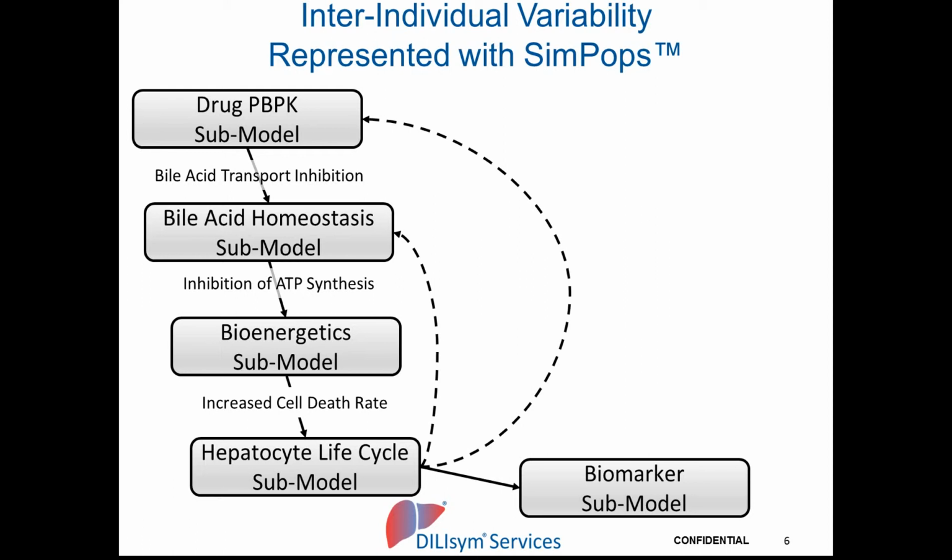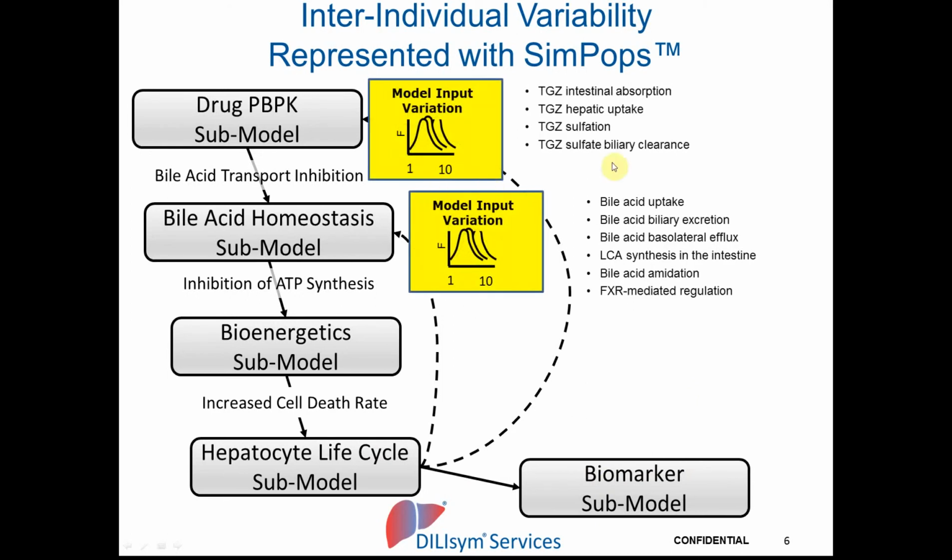So in order to consider the inter-individual variability, we employed our SimPops, otherwise known as simulated populations, wherein we vary key parameters. In this case, you can see, given the context here of the PBPK submodel, the bile acid homeostasis submodel, bioenergetics, hepatocyte life cycle, and biomarker submodels, the key variables that we combined within a known range of values were included in the PBPK, so the exposure side, as well as the